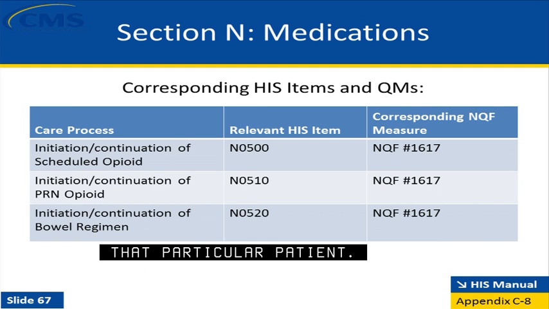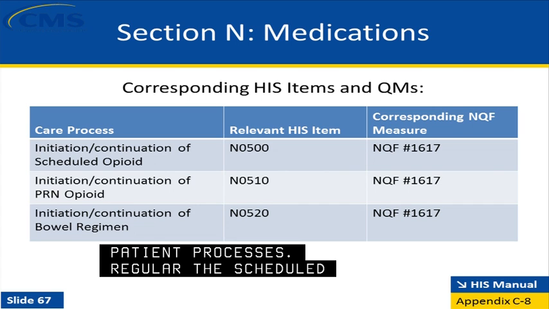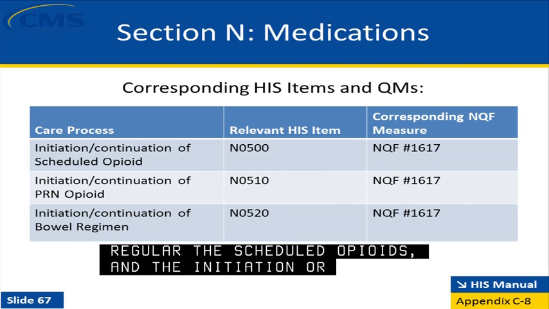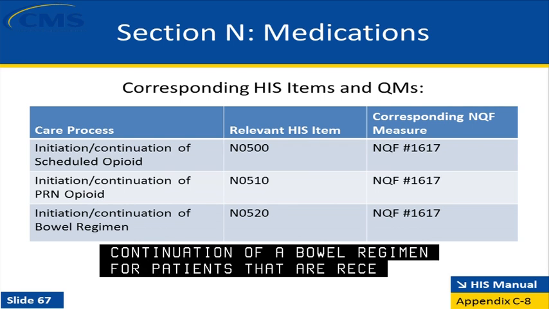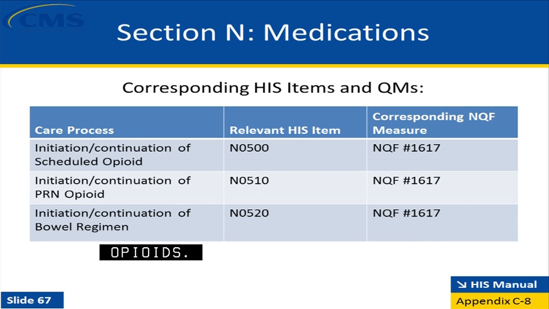Section N contains items to collect data on two care processes: the initiation or continuation of PRN or regularly scheduled opioids, and the initiation or continuation of a bowel regimen for patients that are receiving opioids. The items in this section can be used to calculate the NQF measure 1617,